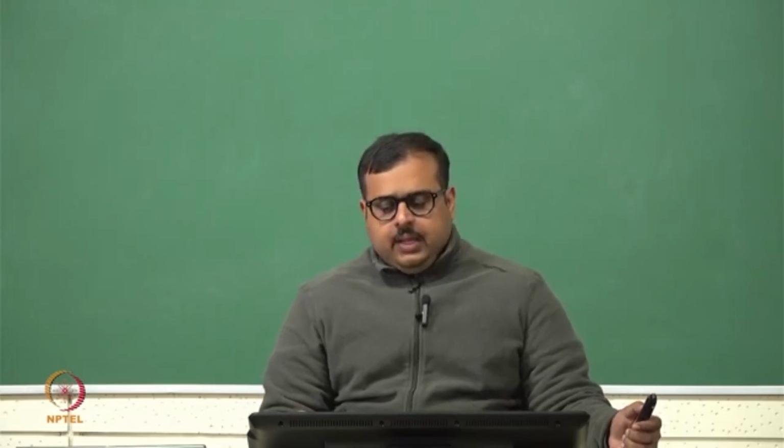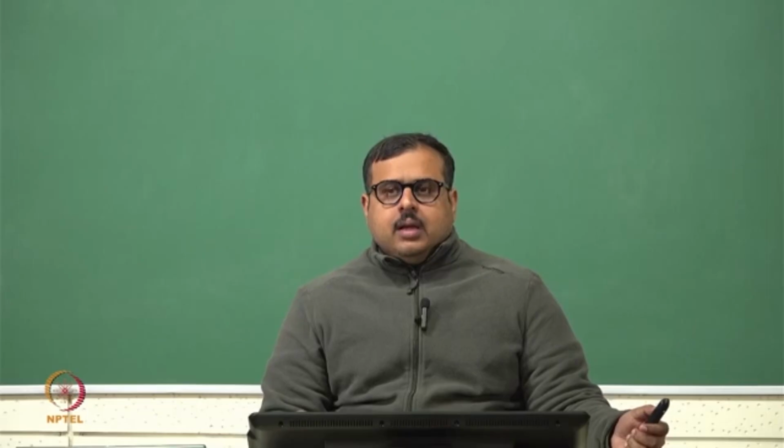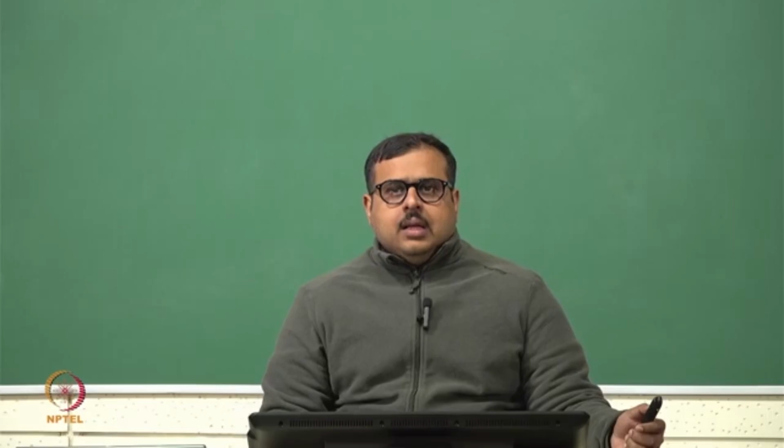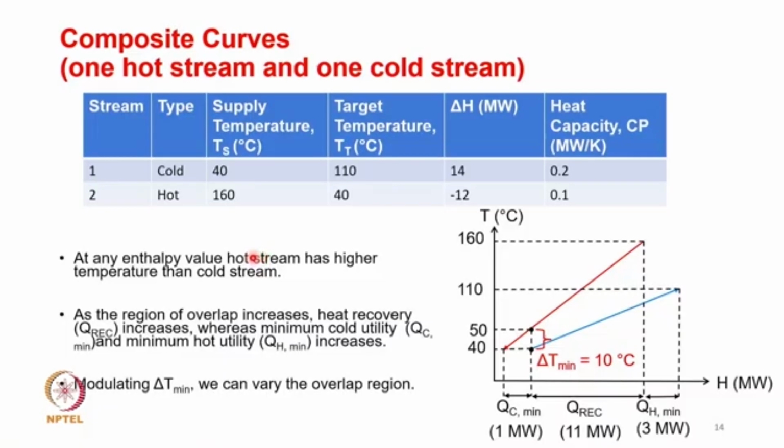So, this heat recovery can typically be represented by means of what is known as a composite curve. Consider a case where you have two streams available in a process industry. One is the cold stream, which is available at 40 degrees C, known as the supply temperature, and you need to heat it to 110 degrees C, which is the target temperature. The delta H needed to achieve this is 14 megawatt, and the fluid heat capacity is, let us say,